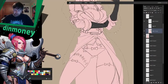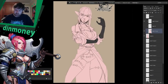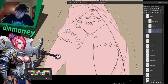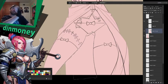Cool. Alright, I think that's it. Now, since I already have those gloves, I can just magic wand really quick, minus those out. Let's get this underside of the jacket. I'll just color it now. Let's get that selected. On a big broad area, sometimes it is just a little easier to just use Alt. But sometimes, if you have to get a really smooth, clean line,